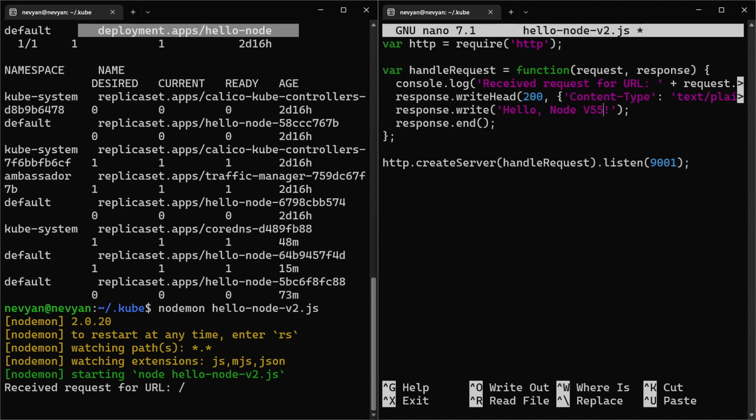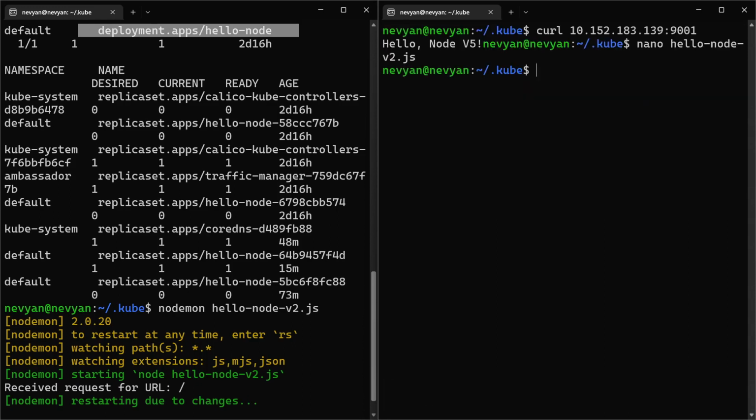Of course, we can use an editor, and this is running locally. We are not uploading anything to the server. We are not creating images. We are not restarting deployments and creating new pods. And again, if we try to hit the load balancer IP address, we will see that right now we are